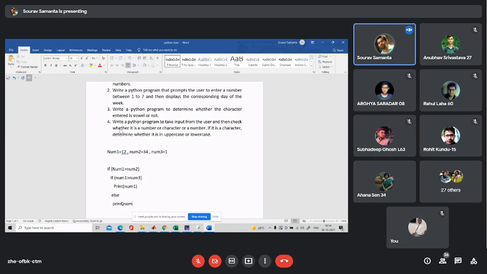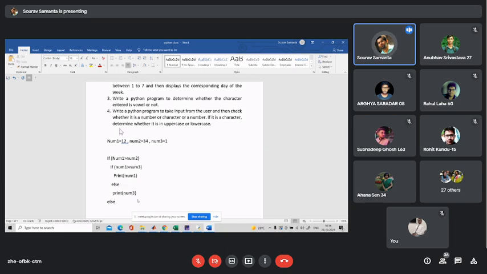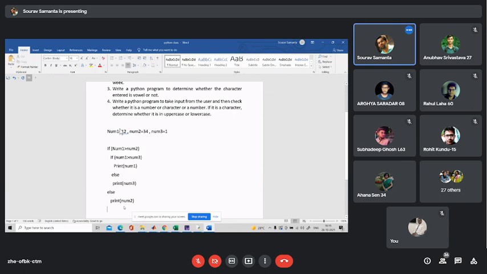But if it is not true, then this is the else part of the first if condition: number 2 is the largest one. Have we captured all the possible combinations? Up to this point, we have captured all the possible conditions, up to a certain level.